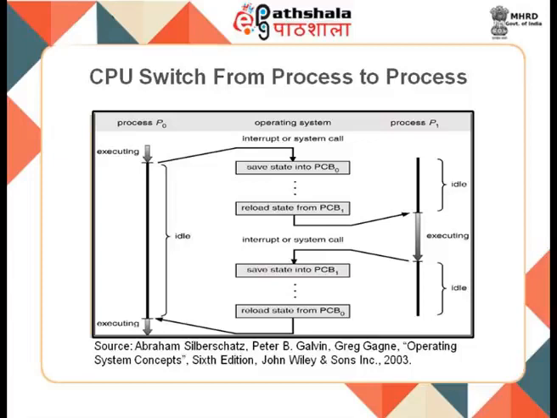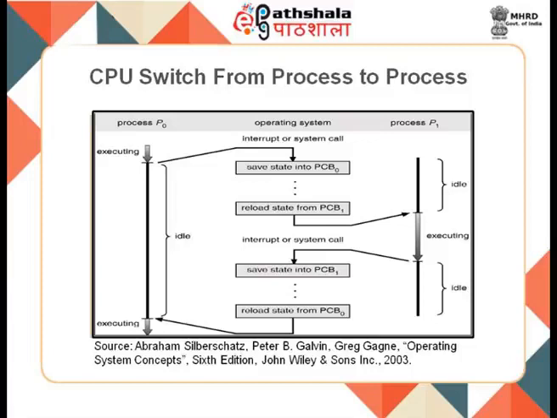So, you need to save the state of this process, because this process has not fully completed execution. It has executed halfway through, but there is now some interrupt or some system call which has to happen in the kernel mode. So, you save the state of this process into PCB 0, and then